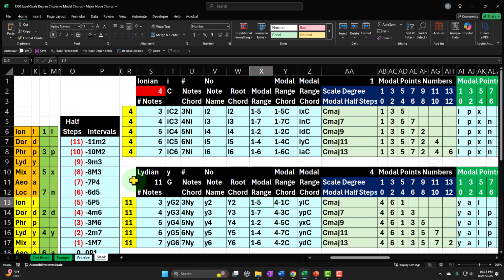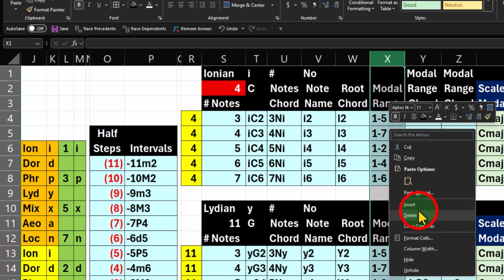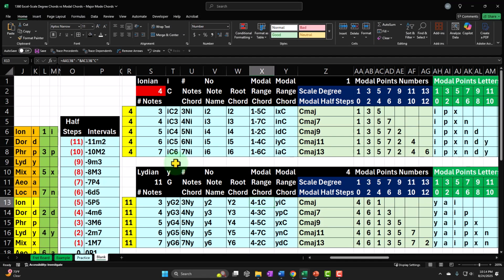Or you can say it by range. So it's going to be a modal range of a 1-5. Now this 1-5, I can delete this now because I repeated this. I'm going to delete this whole column. That column, I don't need it no more, because this column is now with a formula. So it's a 4-1 modal range chord, otherwise known as a YI modal range chord,